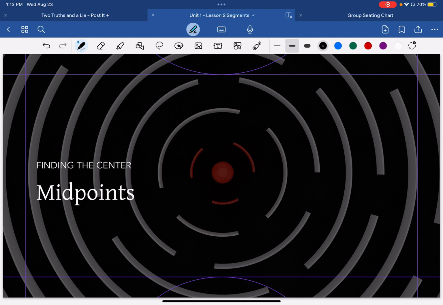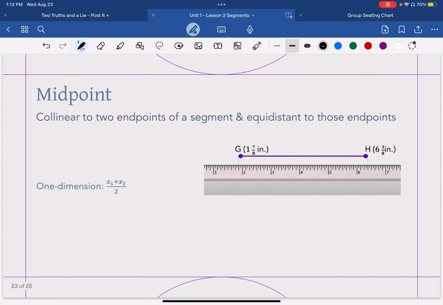Okay, our next bit of information is midpoints. Now, midpoints are literally collinear to two endpoints of a segment and equidistant to those endpoints. One-dimensionally, all we need to do is find the average between the 2 points. So in this case, what we can say is, okay, if we want to find the midpoint, let's say M of G and H,